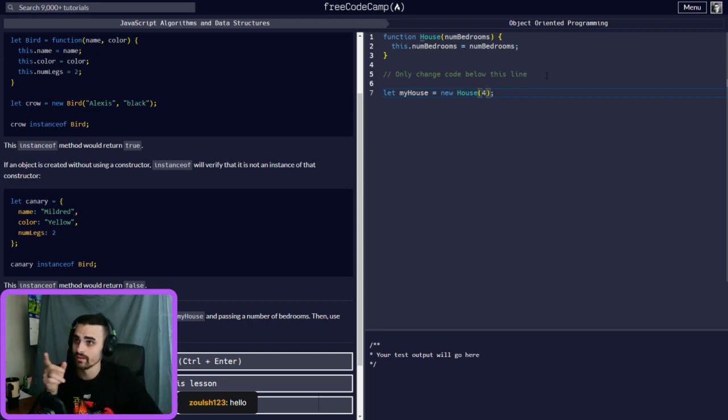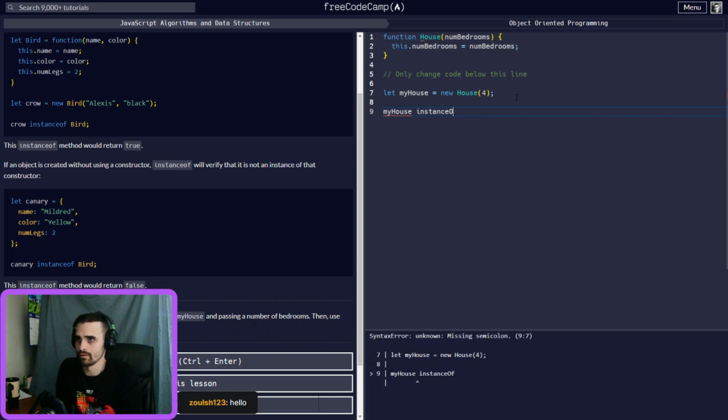Guy can dream. So we've got that, and now we want to make sure, hey, is my house an actual instance of a constructor? You can do myHouse instanceof House, all lowercase instanceof, right?